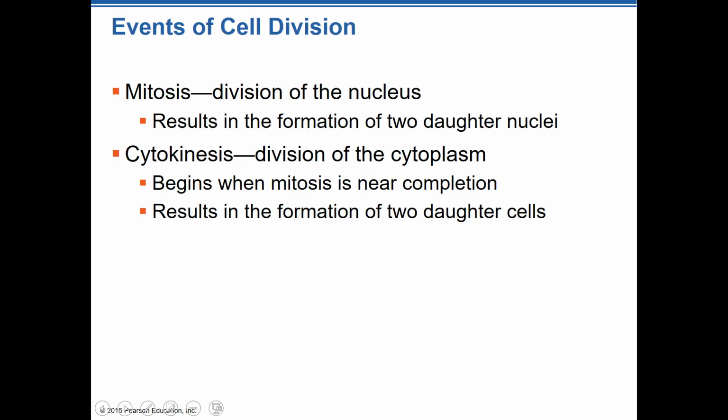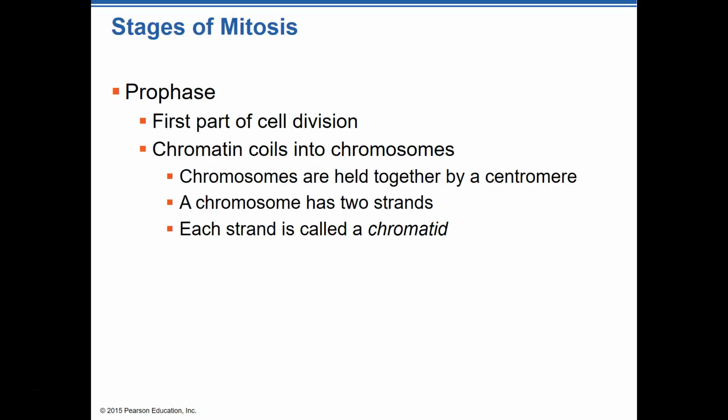which is that part of the DNA replication process. And then, of course, mitosis is the division of the nucleus. So that's when the nucleus divides into two daughter nuclei. And then cytokinesis is the division of the cytoplasm, which is towards the end of it. It begins when mitosis is almost done, and it results in the two daughter cells actually being created from the one. So that's cellular division in a nutshell.